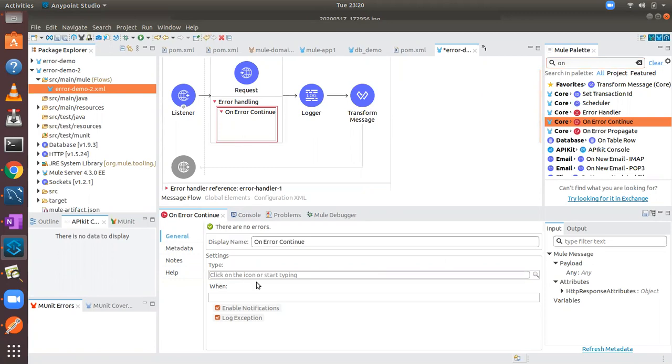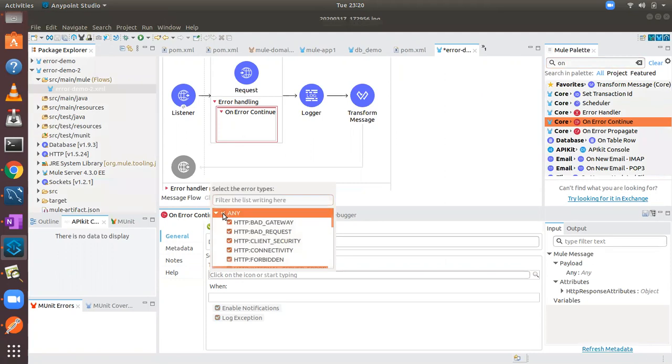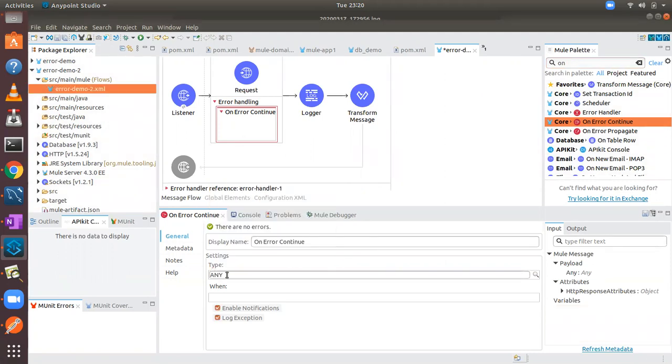If you configure any, it is going to handle any kind of error. Maybe database, maybe file, FTP, HTTP, any kind of error is going to be handled, no matter what kind, it won't check. If you don't configure anything, it is also the same.